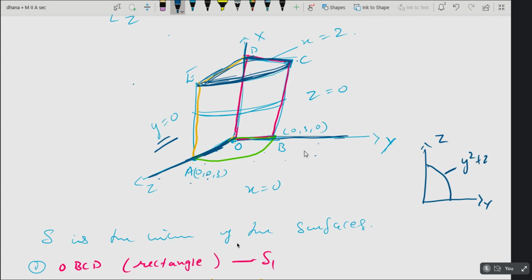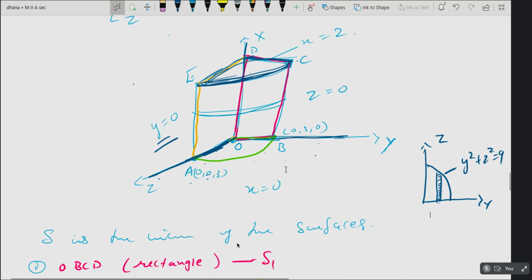This is y square plus z square equal to 9. Yes, ma'am. Okay, so now you can find the limits of z and y for the double integral. Now you need to write that single surface integral as a double integral over this region. So if you take this straight, z goes from 0 to root over 9 minus y square, and the limits of y will be 0 to 3.